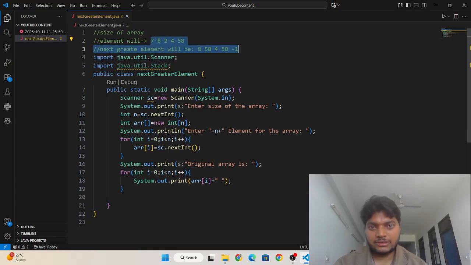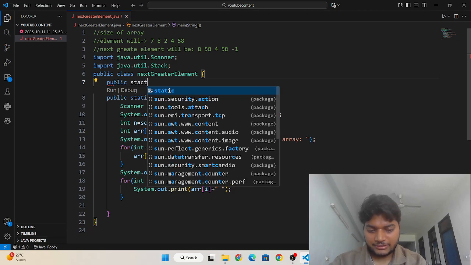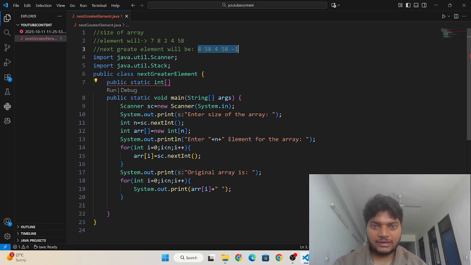For that I am going to write a method that is public static int. See, it will return an array and it will take an array.